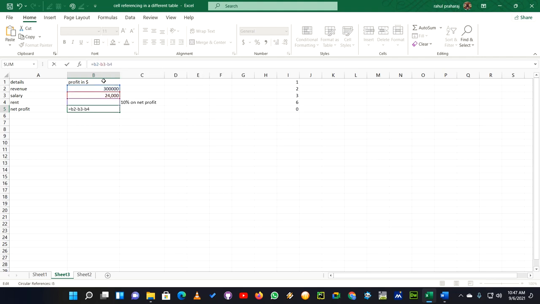So actually the net profit will be 3 lakhs minus 24,000 minus the rent. Okay, so these are the expenses. After adding the expenses, we have to subtract them from the revenue, then we'll get this net profit. Now let's check. I'm pressing enter. You can see I'm getting the net profit as 2,76,000. But